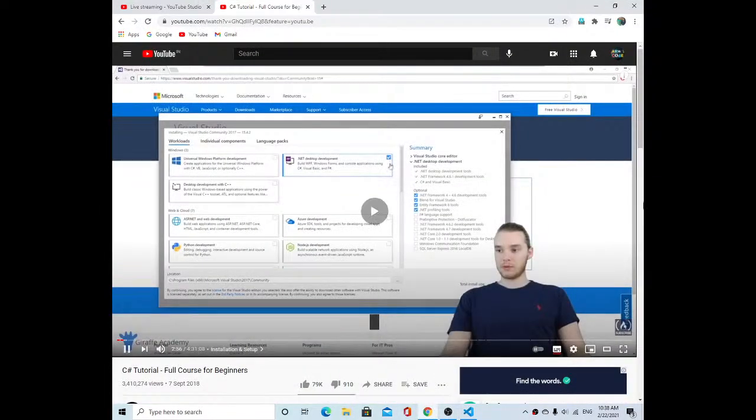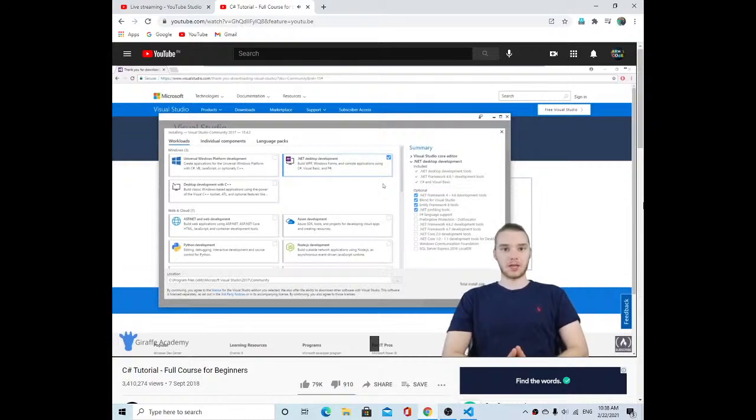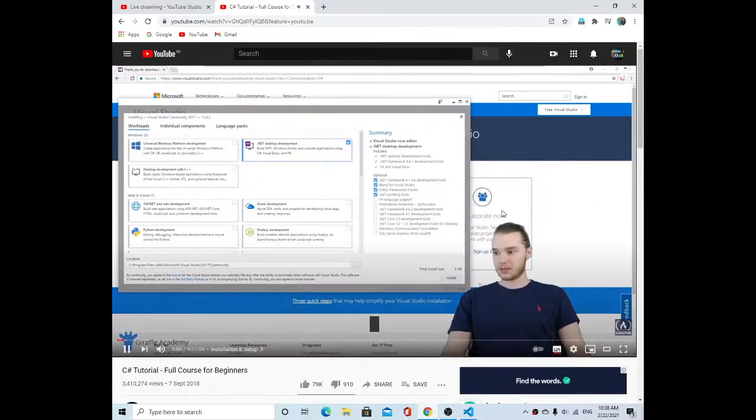And beyond this, we're going to be building something called a console application, which is essentially the simplest type of application that we can build. And you see over here, it says the install size is around 3 gigabytes. So that's actually not too